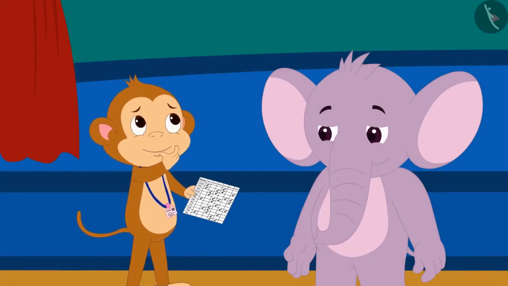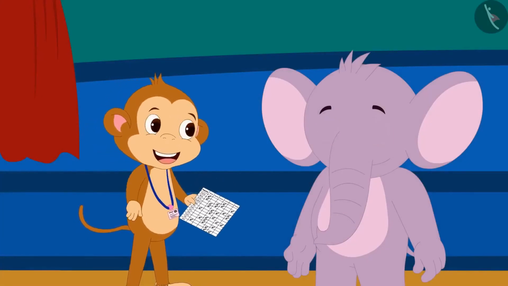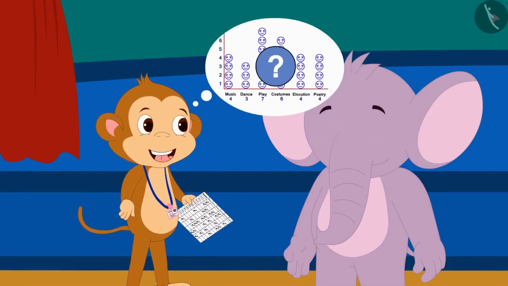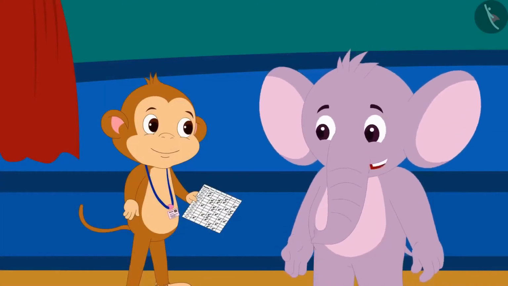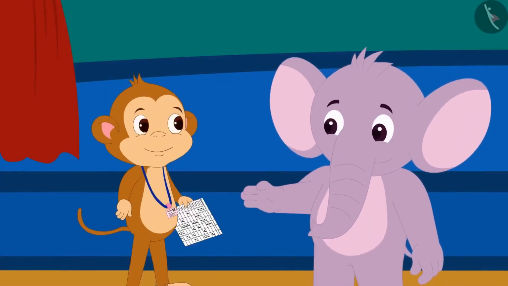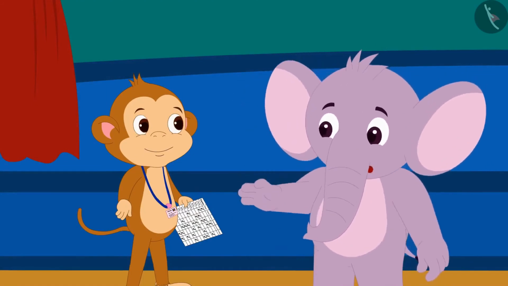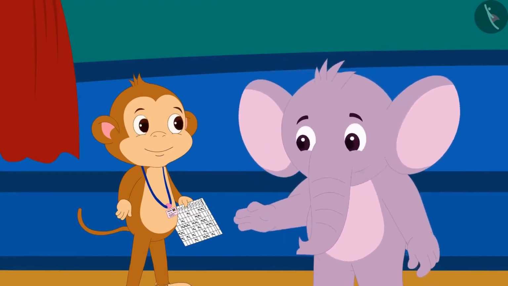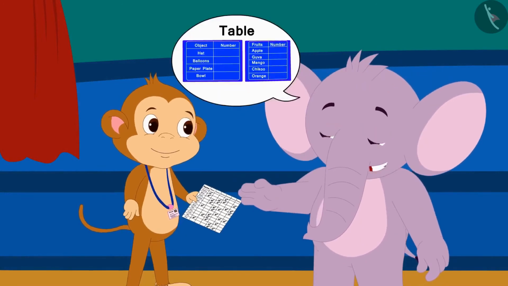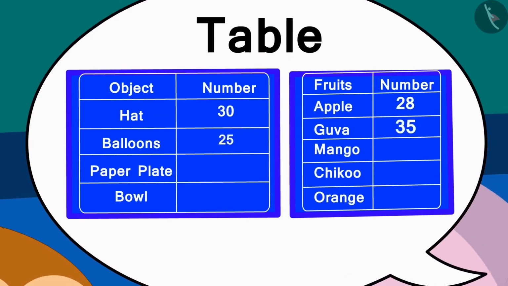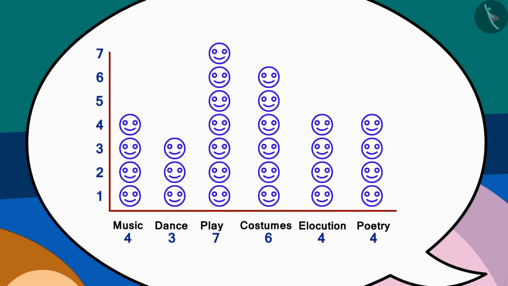Babban could not understand anything. What is a pictograph, Appu? And how can I use it? Appu laughed. He told Babban, This is also a way to show information, Babban. Just like we enter information by writing numbers in the table, we can also show information by using pictographs. And it is very easy to create this.